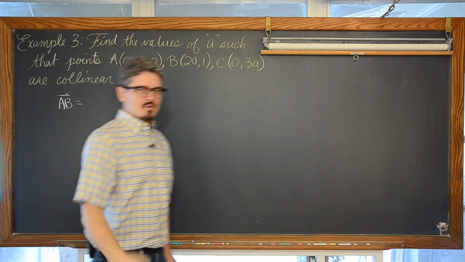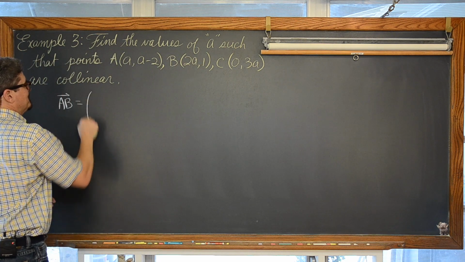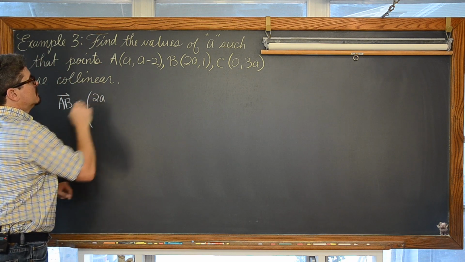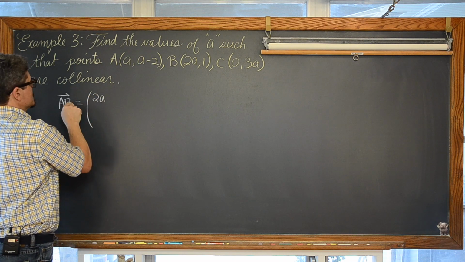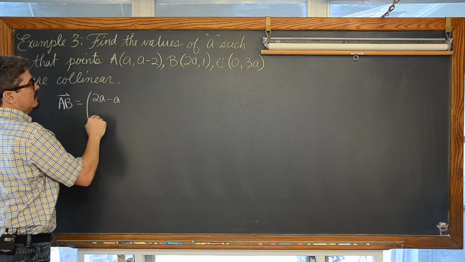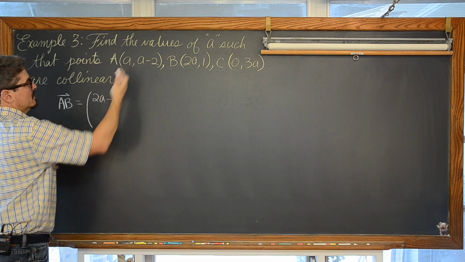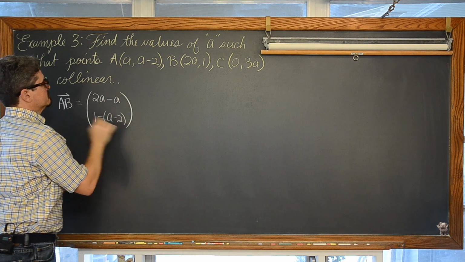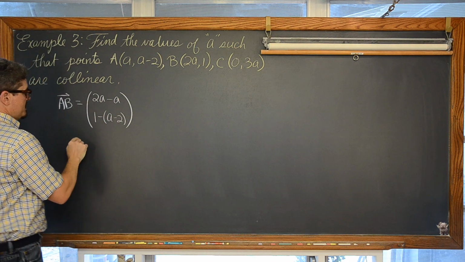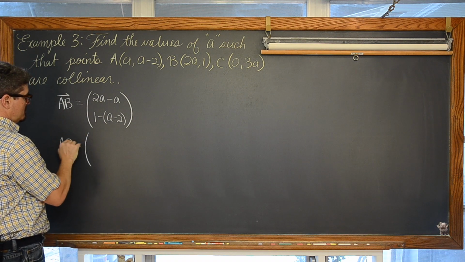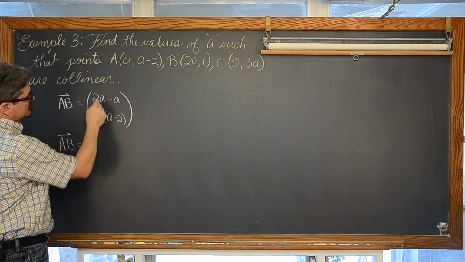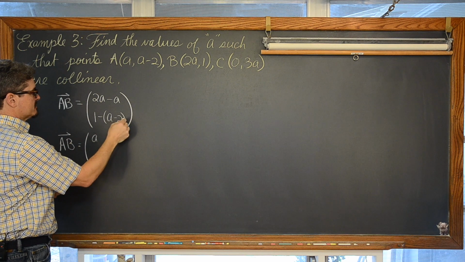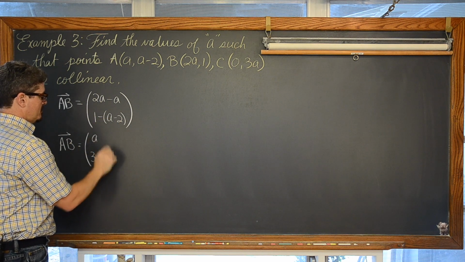So there was no magic, I just want to go in alphabetical order. But vector AB is going to be this x-axis component minus this x-axis component, terminal minus initial point, and again for the y components, or the i and j components. So that's going to be vector AB, and that simplifies down to, well, just simply what? 2 minus 1 is 1, so a. And here we have negative times negative is positive, so we have 1 plus 2 is 3 minus a.